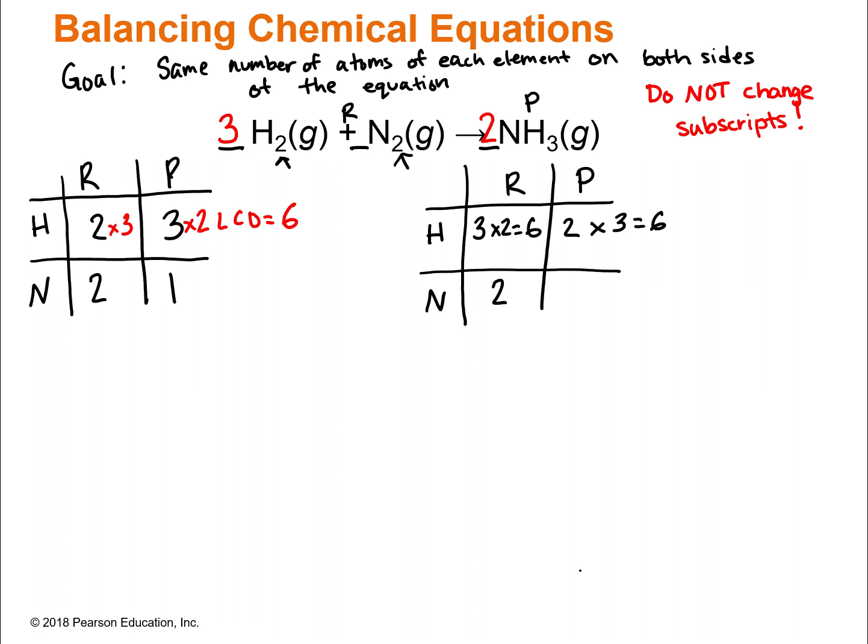On the product side, however, since we put that 2 in front of the ammonia, we now have 2 times 1, which also gives us 2. So we've got the same number of atoms of each element on both sides,